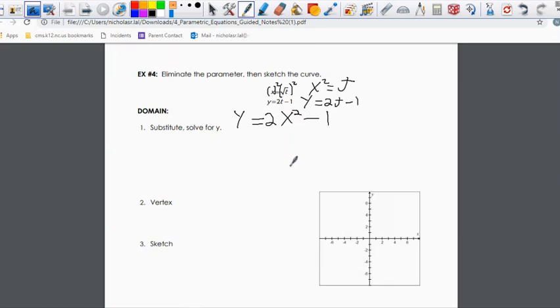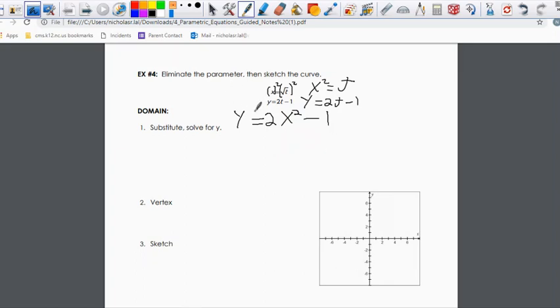So now we need to find the vertex here. And so we can find our vertex by factoring out 2, right? So think about it. We can actually factor out a 2 here